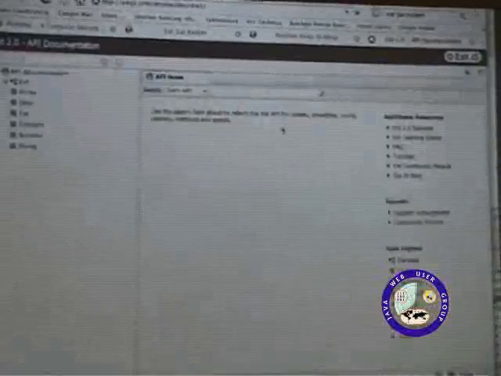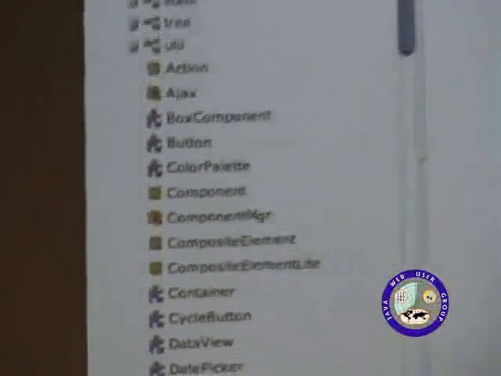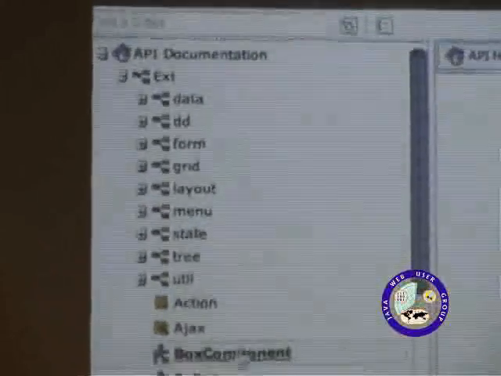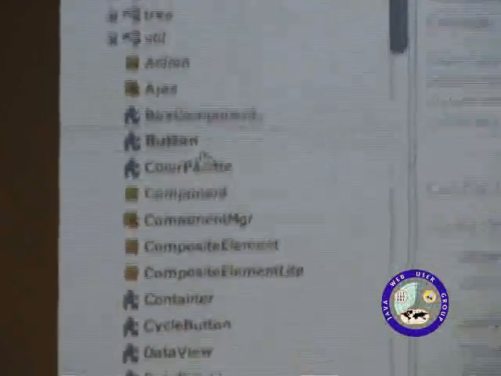And just while we're here, I'll show you the documentation. The documentation, of course, is itself an Ext application, and it shows you some of the slickness that you can get